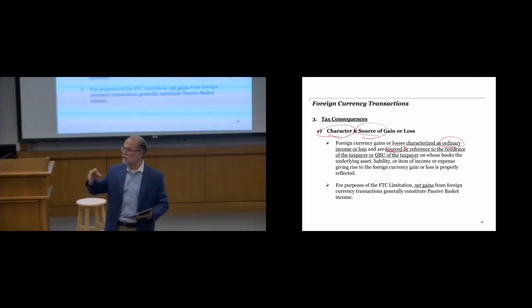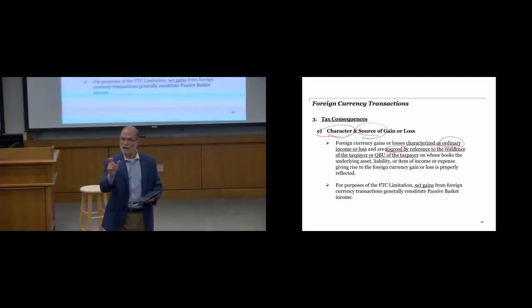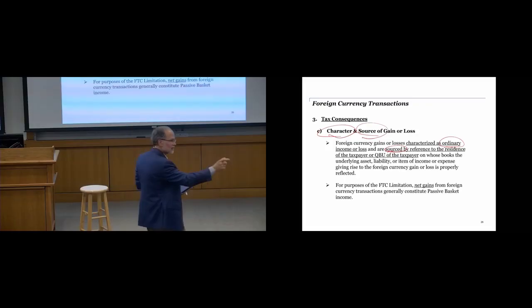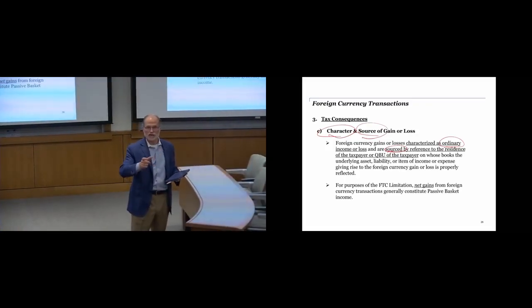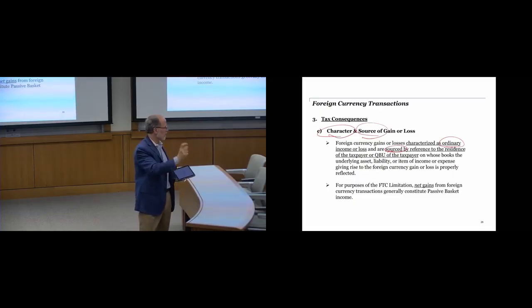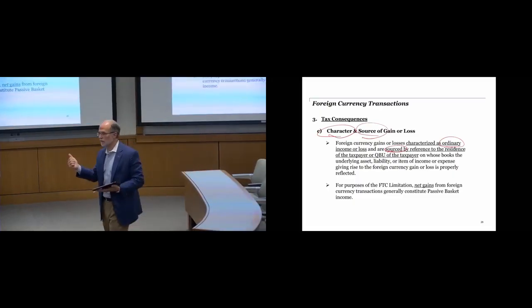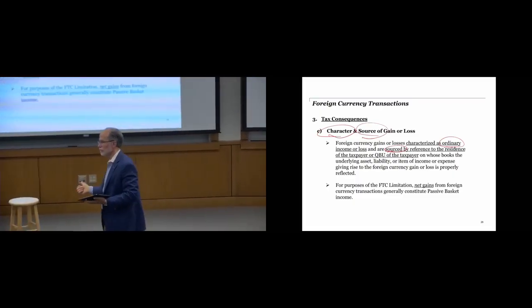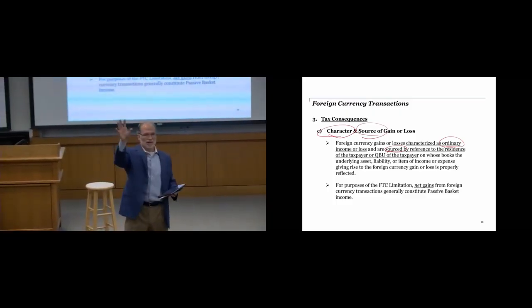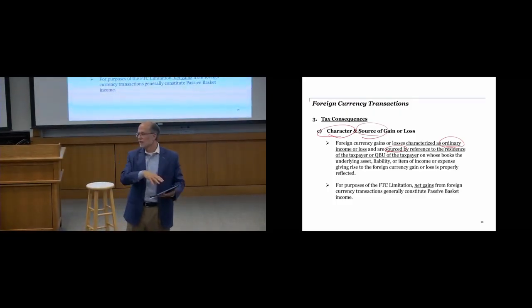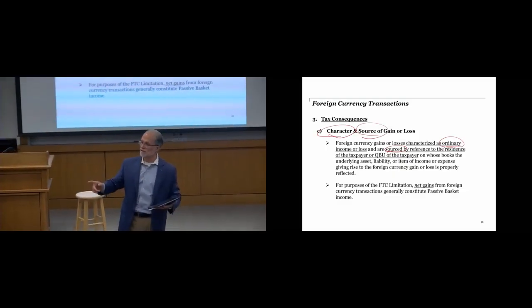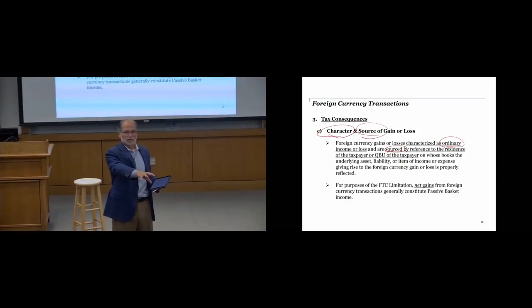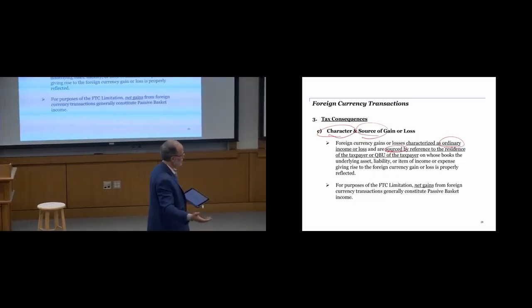So depending on where the asset or the liability giving rise to the foreign currency gain or loss sits, whoever's financial statements it sits on, that's going to be driven by whether it's U.S. source or foreign source. So it's a U.S. taxpayer doing it directly, clearly U.S. source. What if it's my French branch doing the transaction? And if it's on the books and records of the French branch, that would make it foreign source. That's important for FTC